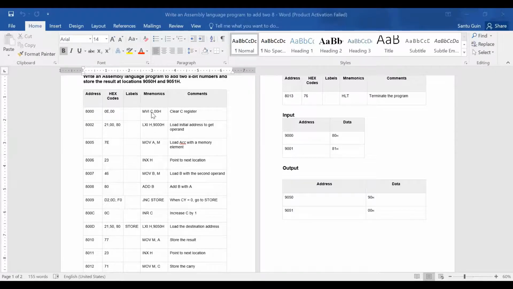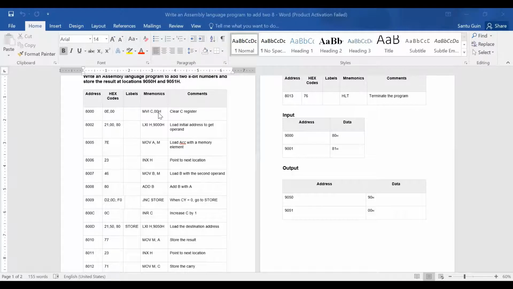The content of C will change according to the status of the operation. If any carry is generated, C will be 1. If there is no carry, C will be 00. So initially, it is better to consider there is no carry. If there is no carry, I don't need to perform any extra operation. That's why it is easiest for us to implement the concept this way first.